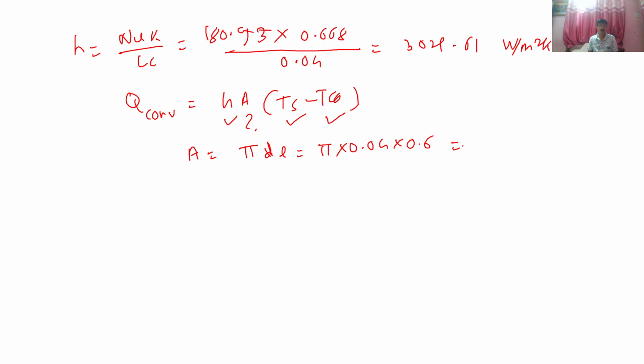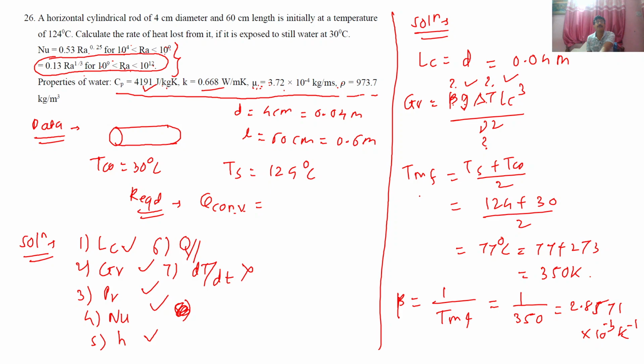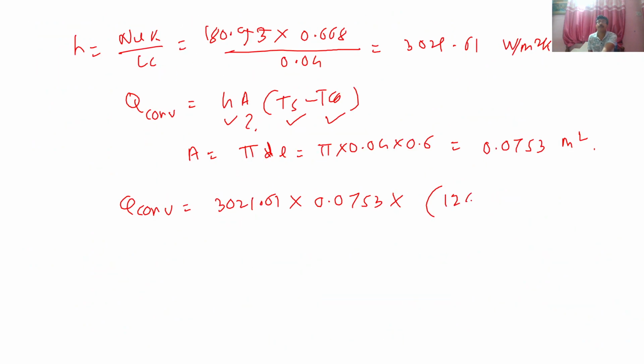Pi times 0.04 times 0.6 comes around 0.0753 meter square. And if I put here Q convection is equal to H value 3021.61, area value 0.0753, Ts is 124 and T infinity is 30. 124 minus 30, if I do it,